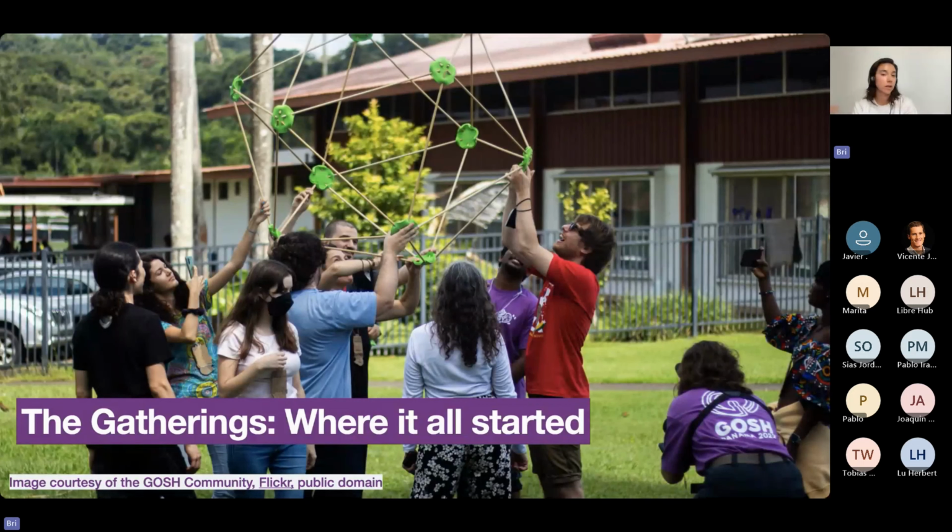And so anyone that is interested in building a community, I definitely say write down your shared values and your purpose, and it will be like a guiding star that can help you as you continue to grow. And as Tobias said, the next meeting was in Chile in 2017, and then they went to Shenzhen